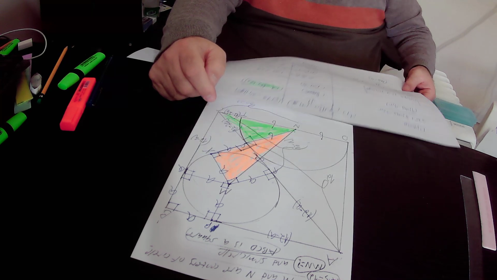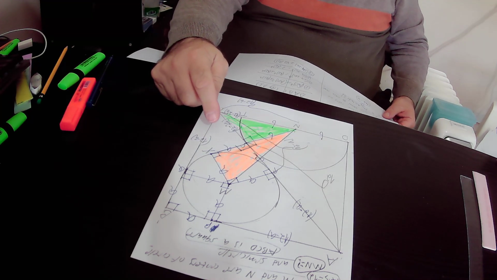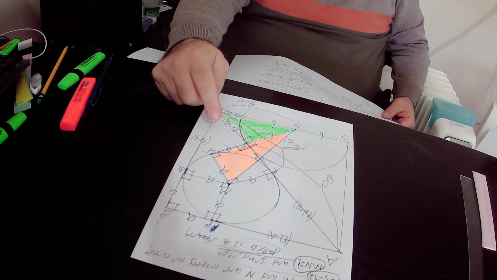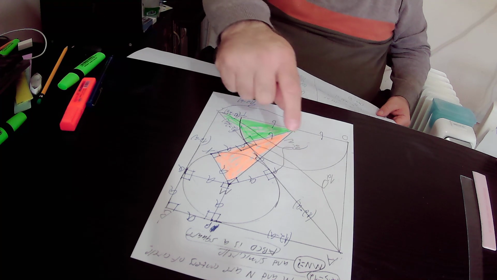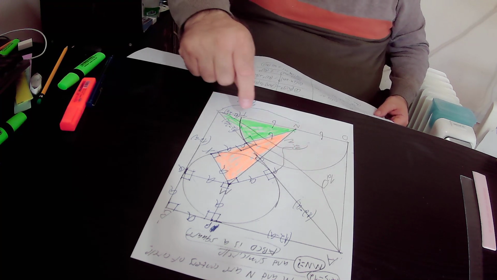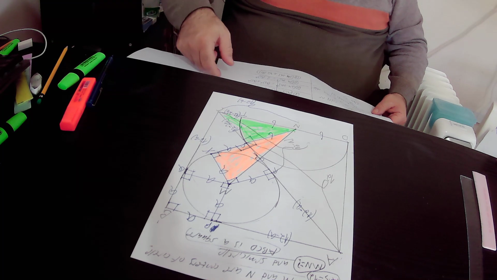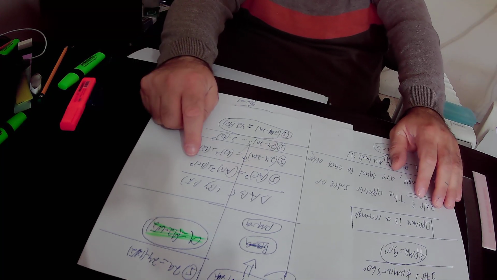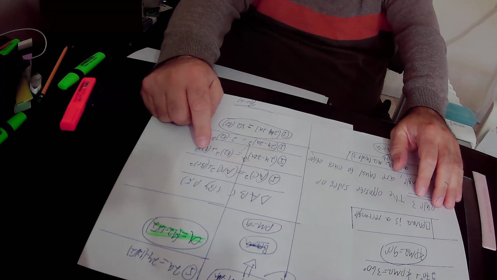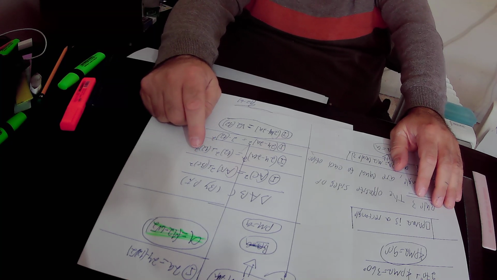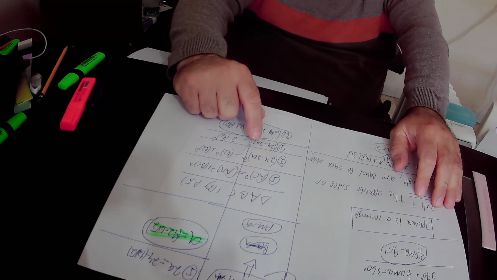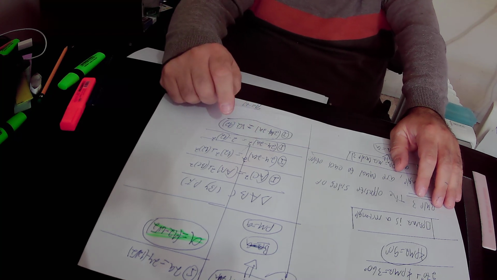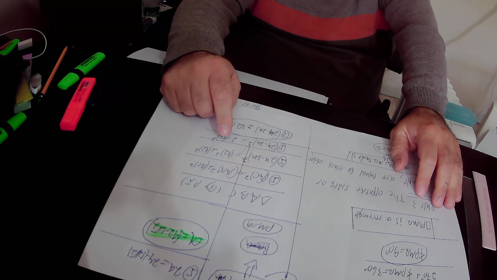Then we focus on the right triangle, triangle ABC. According to the Pythagoras theorem, the square of the hypotenuse equals the sum of the squares of the perpendiculars. That is to say, AC square must be equal to AB square plus BC square. We have already found out that AC equals 24 minus 2A, so AC square will be equal to (24 minus 2A) square, and it must be equal to AB square